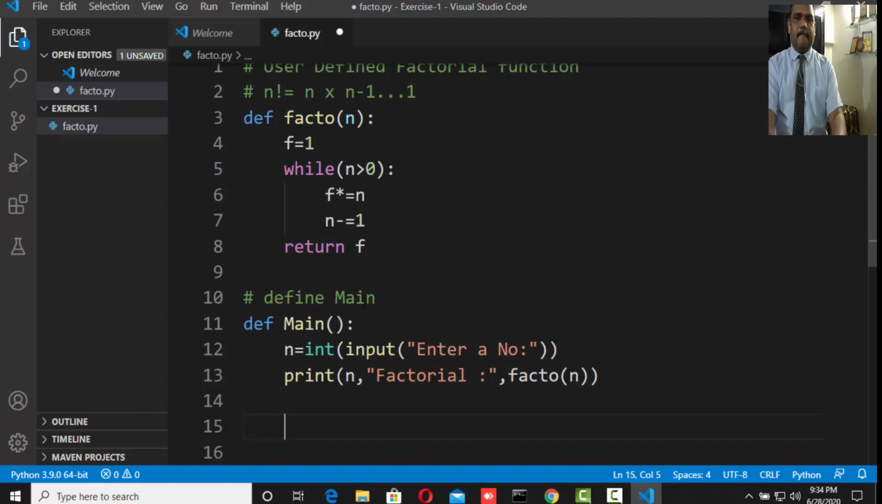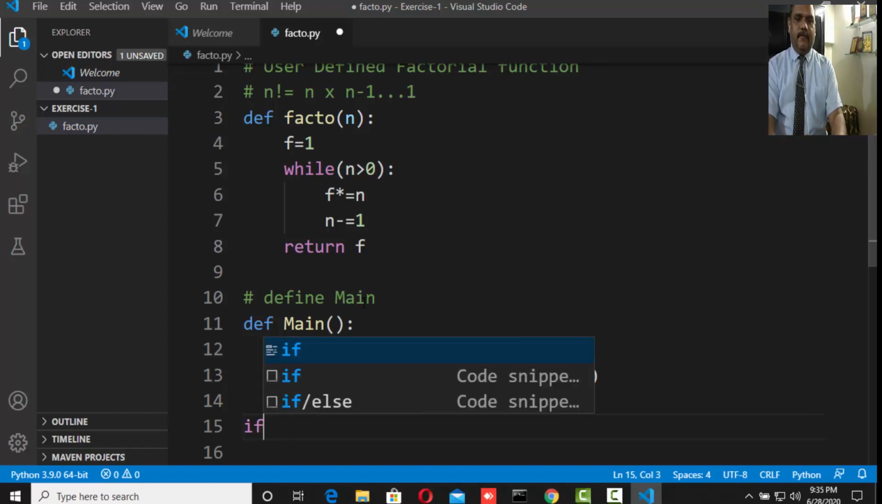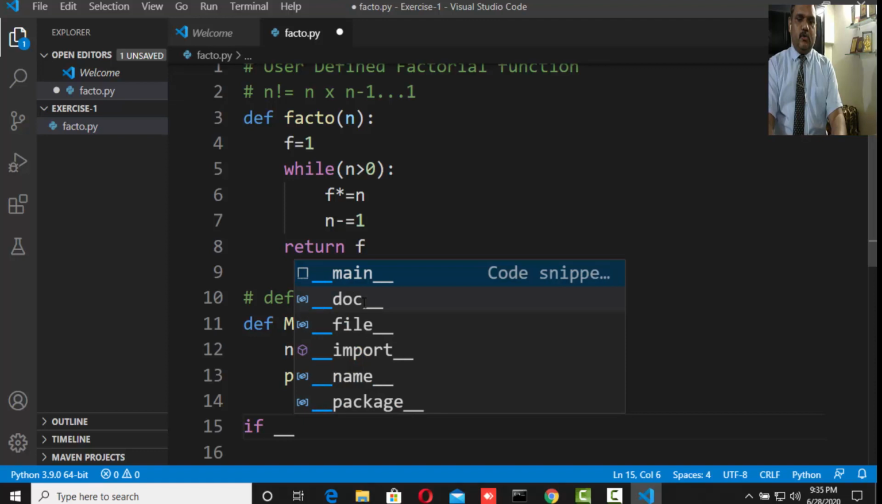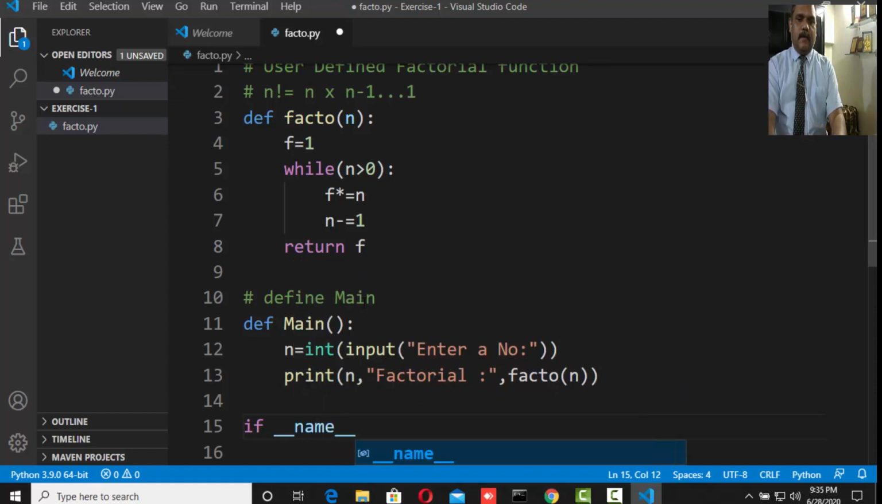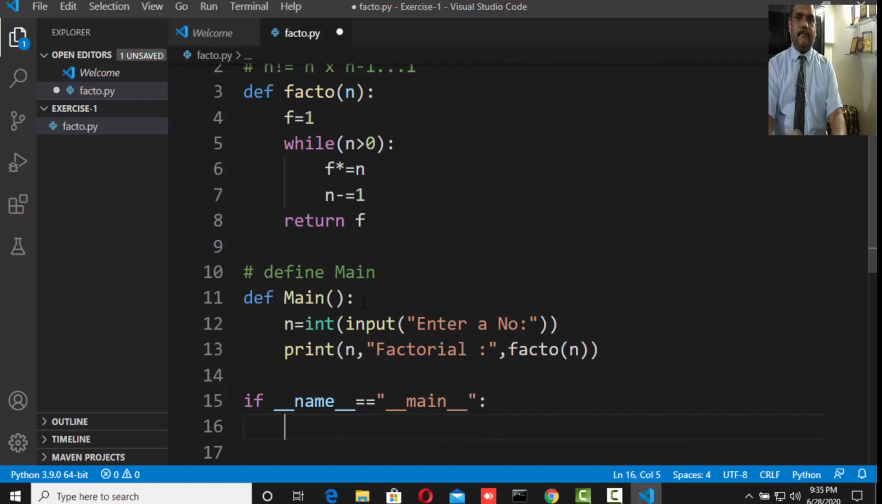So after defining main, here you have to declare the main if underscore underscore name underscore underscore equals underscore underscore main underscore underscore, and then, as we already discussed about how to define the main in case of Python, and then give a call to the main, right? So now what will happen,